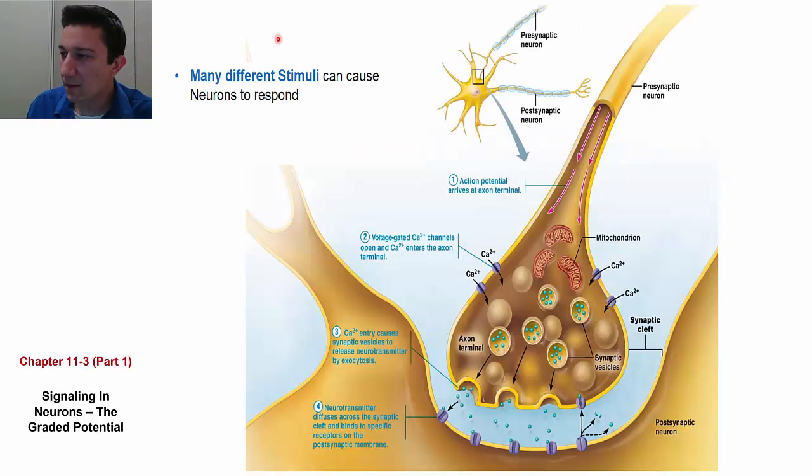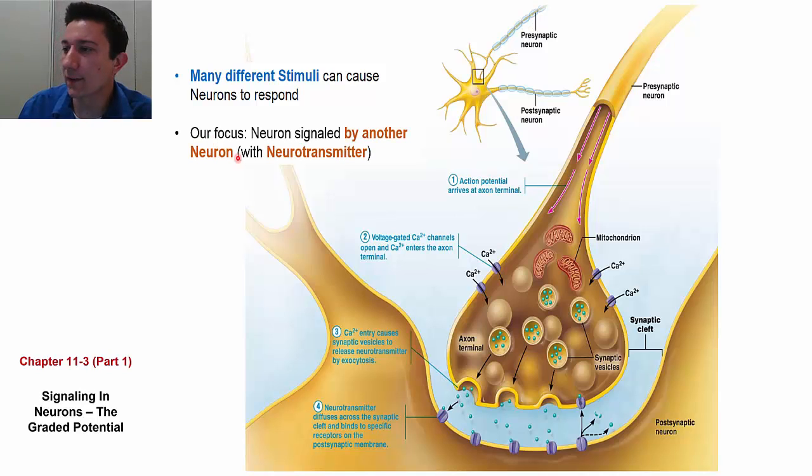All right, so we'll move past that, and we'll take a look at the start of neuron signaling. So we'll start looking at the graded potentials that are created when a neuron receives a stimulus. We talked a little bit earlier about how there are many different stimuli that cause neurons to respond, but our focus here is going to be a neuron here. So this is an axon terminal of a presynaptic neuron, releasing neurotransmitter here, this sort of greenish blue substance here,